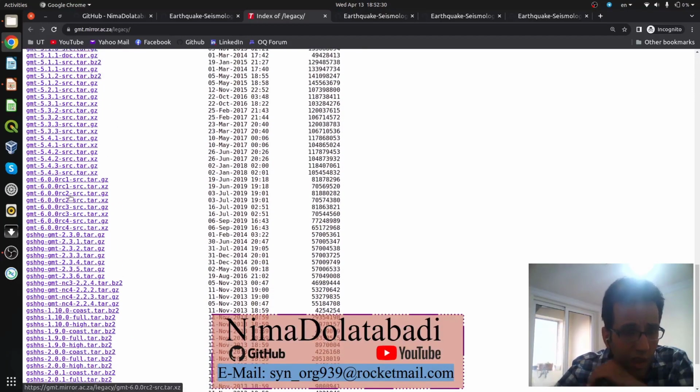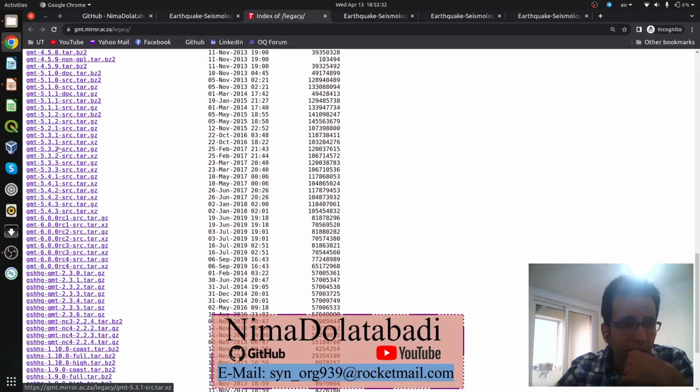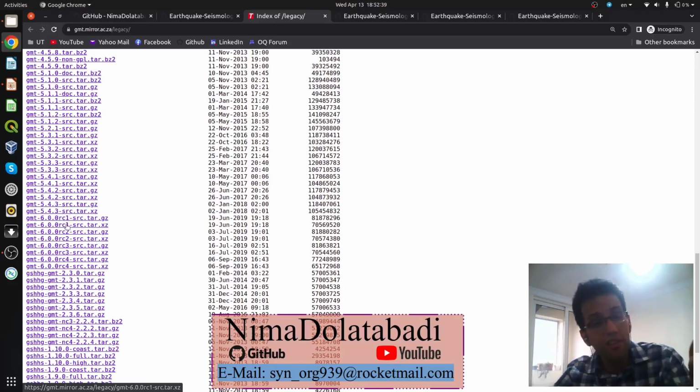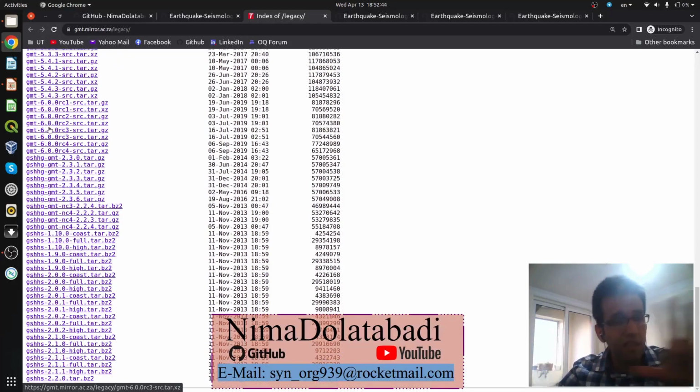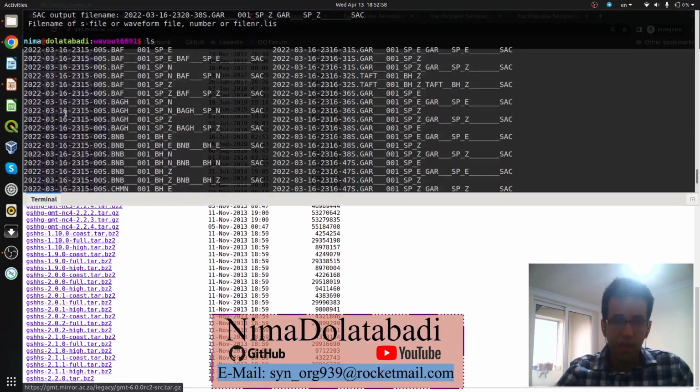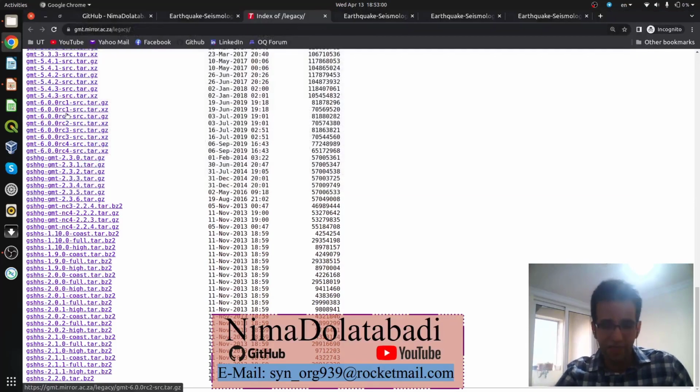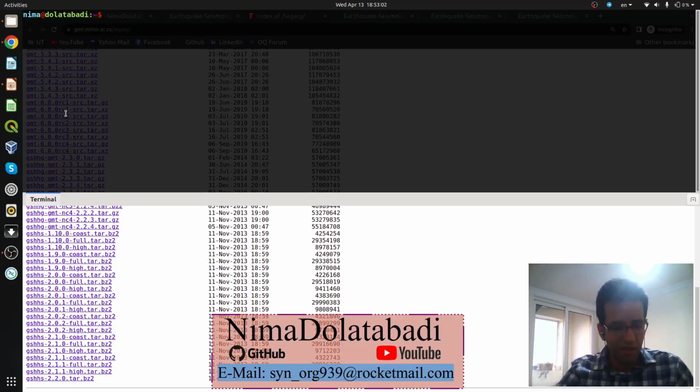If you search in here, you can see GMT 5.4.3. This is the latest version of GMT5. Just download it, and GMT6, you do not need to download the GMT6 source file. If you have Ubuntu version 18 or 20 or 22 that has been released just recently, you can just open a terminal here and type